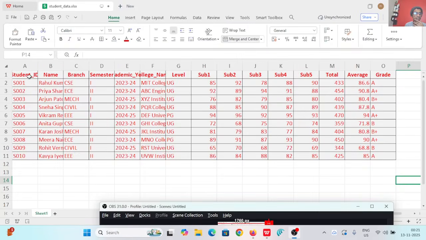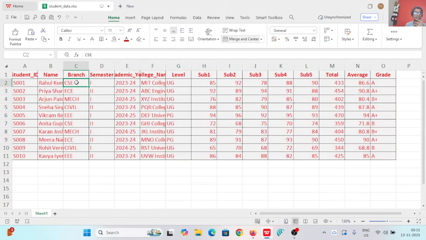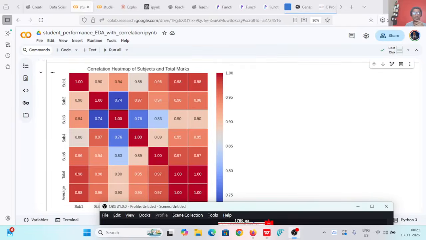This is the example of a student's record in an engineering college. We are taking 10 examples: different students, branches, first semester, second semester, their subject 1, subject 2, up to subject 5 marks, total, average, grade, and we will also put some missing values. Finally we will find a correlation between the subjects, total and average. For that, we will see data